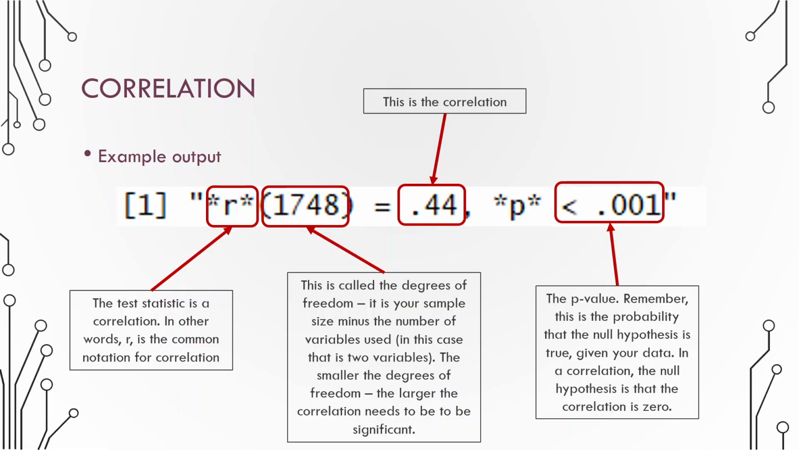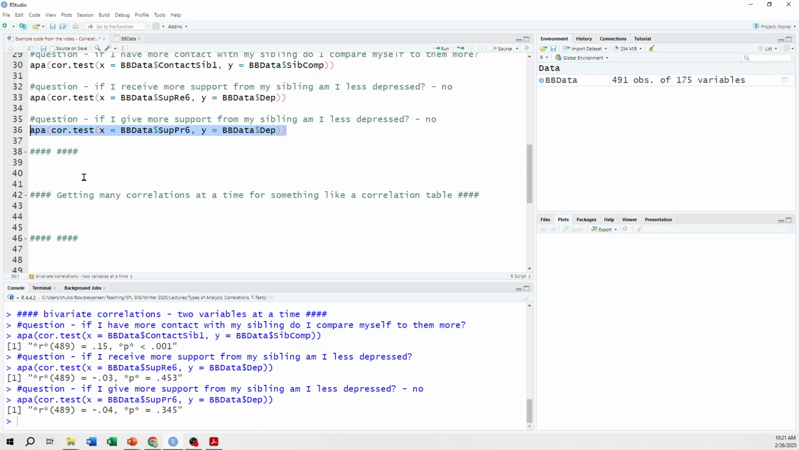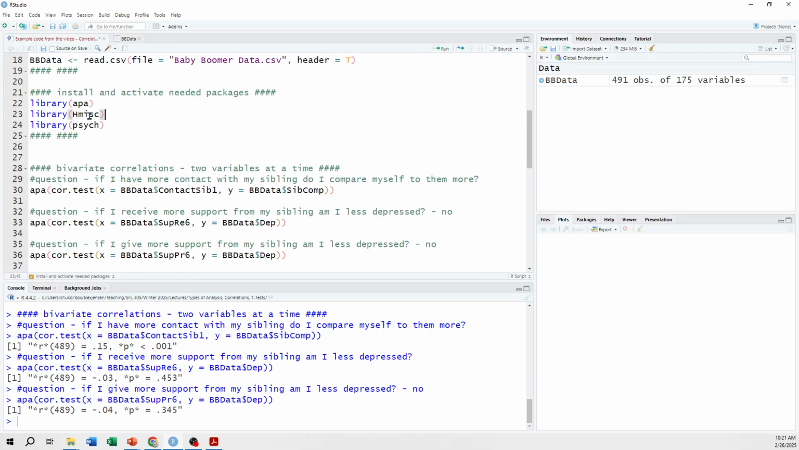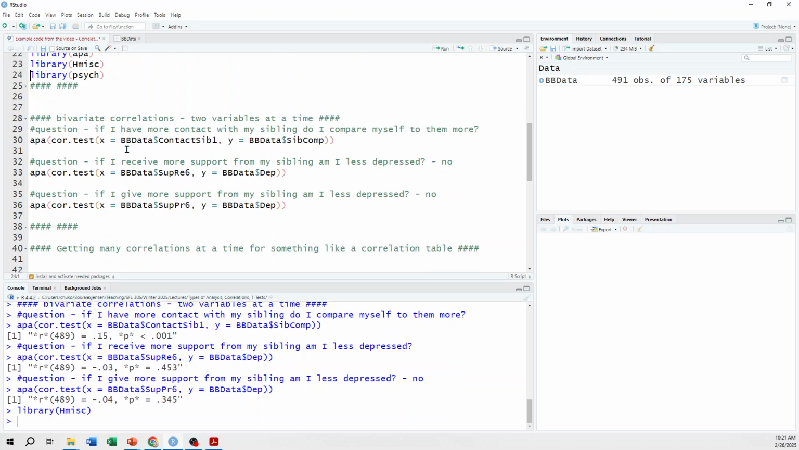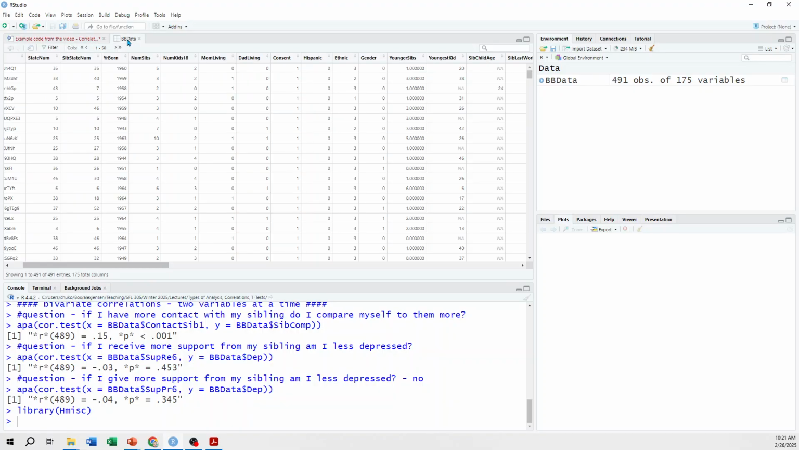Let's jump back to RStudio and do this together. Now, typically, you're not running these types of correlations because you have specific questions like you did with this. It's, I need to create this table for a paper, and so I need to just get a bunch of correlations at the same time. Again, it's this Hmisc package. Make sure you install that and activate it. And then in this case, let's get